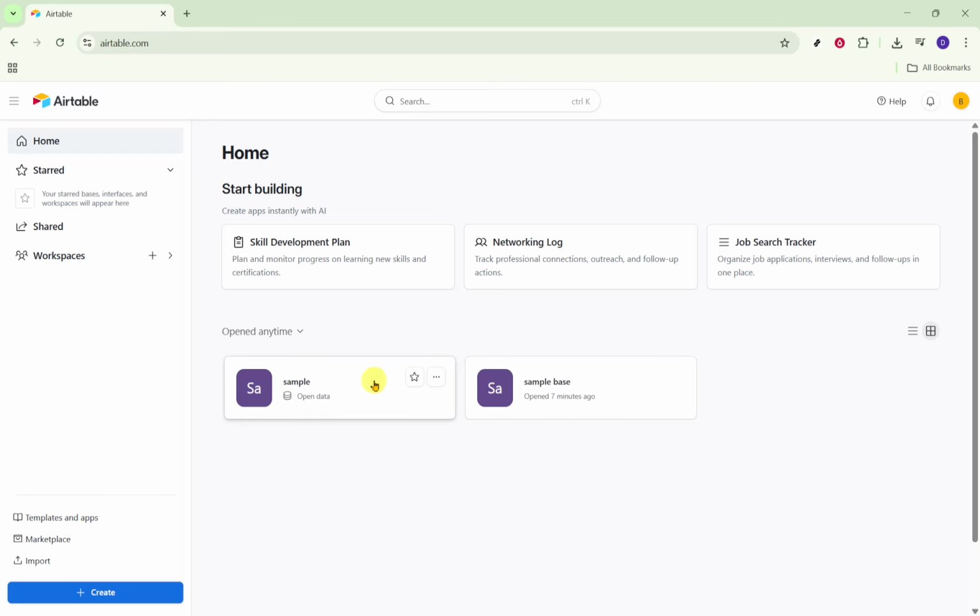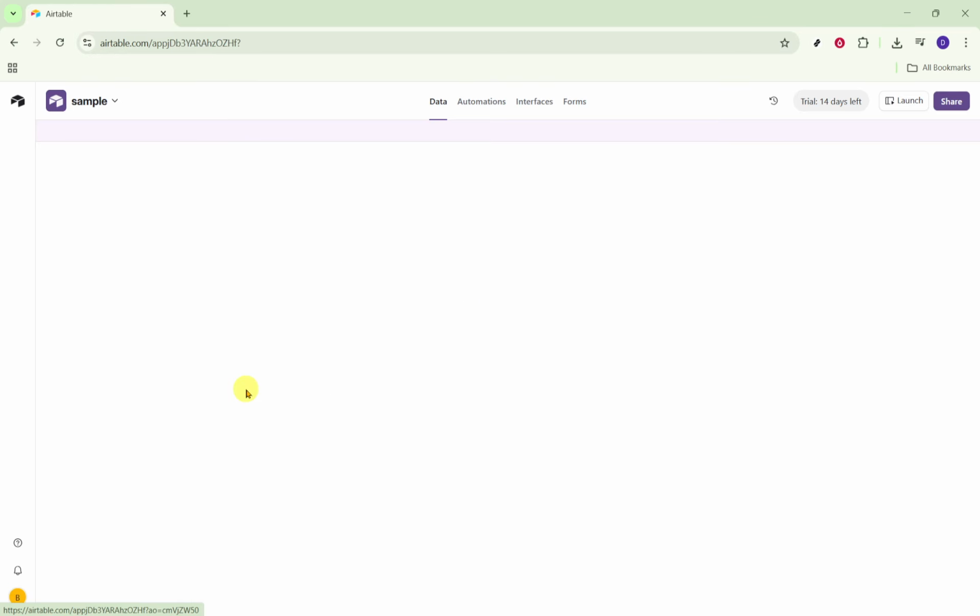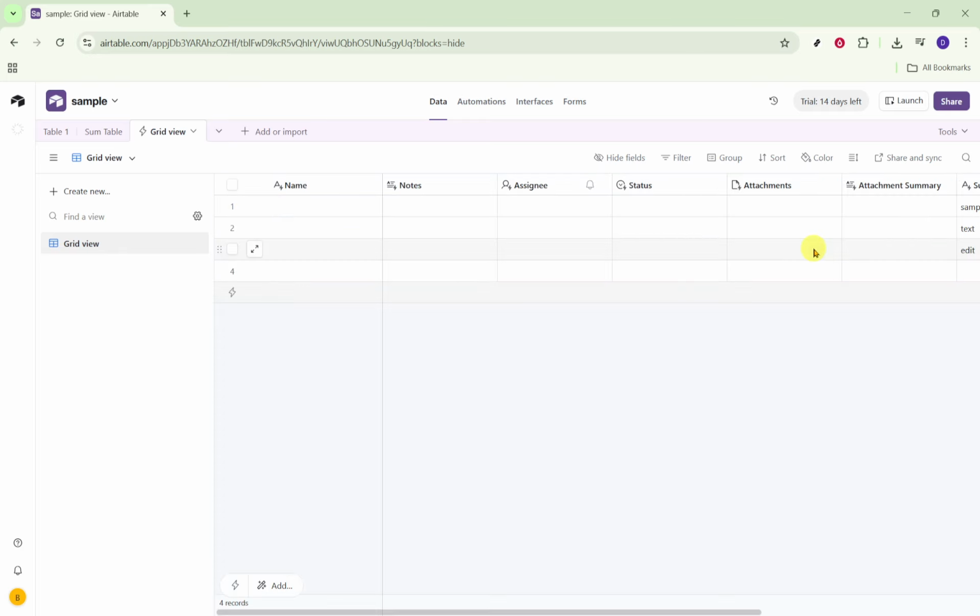Open the base that contains the records you want to share. I'm using a sample base for demonstration, but your own base is perfect. Make sure you're looking at the specific view you want to sync, since Airtable will use the currently selected view as the source. Using a filtered or curated view is a great way to control exactly which fields and records